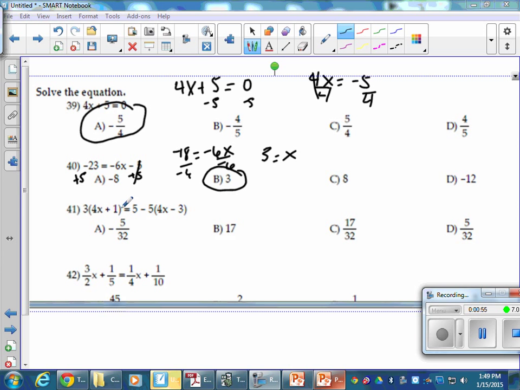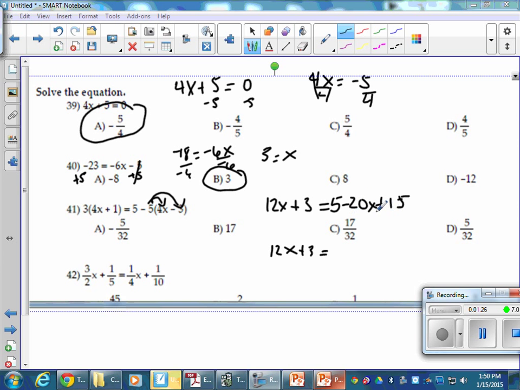All right, in 41, we're going to distribute. 3 times 4x plus 1 would be 12x plus 3 equals, okay, be careful here. You can't subtract before you distribute. Please excuse my dear Aunt Sally. So we've got to do all our multiplying before we subtract. So negative 5 times 4x would be minus 20x, and negative 5 times minus 3 would be plus 15. Doesn't look like a 5 very good there. So I have 12x plus 3